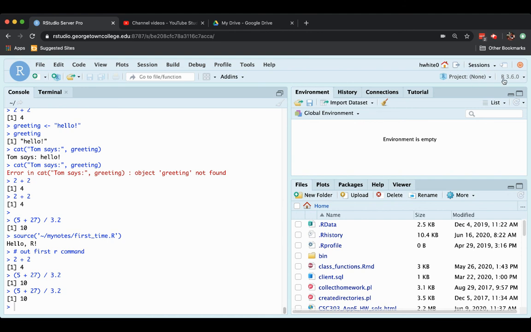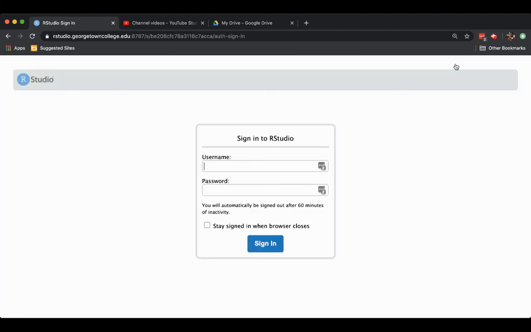Please try to avoid these other buttons until we teach you about them in the course, session and project and R version and stuff like that. Really, you're just only going to be concerned about this sign out button. You just press it, and you have logged out of your RStudio session. But that information that you have worked with, everything that you have done, has been saved for you. So if you were to log in again,